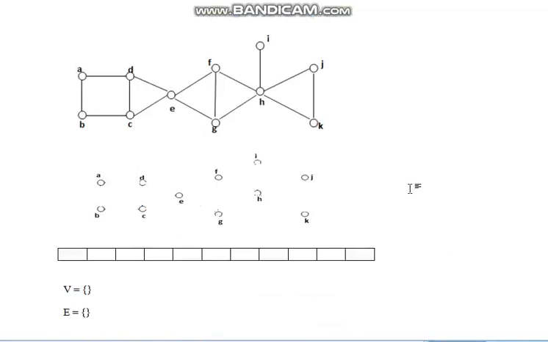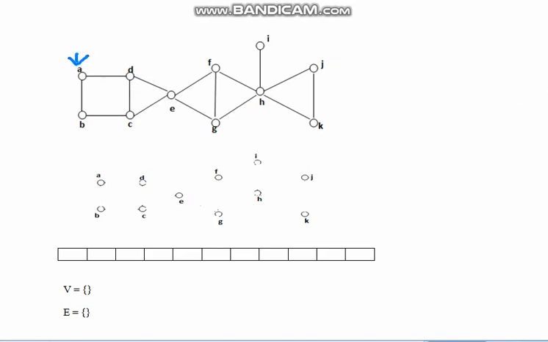So this is the given graph. Here there are n vertices, the given vertices are 11, and I am taking 11 vertices without edges for drawing a spanning tree as output. Now this is a queue, and I am taking a vertex set for the vertices we visit while traveling in the graph, and I am also maintaining an edge set to know what edges I am visiting, right? So here I have chosen A as my starting point.